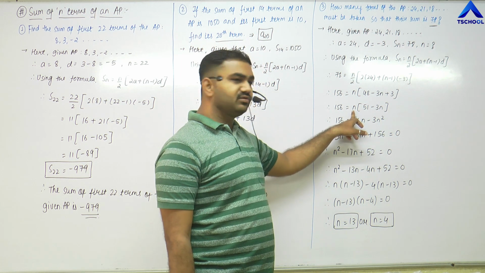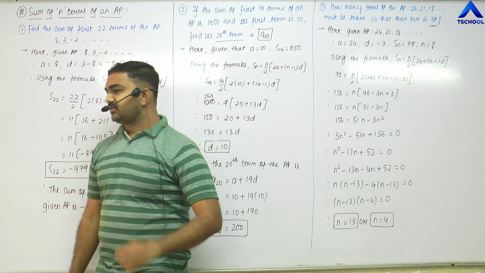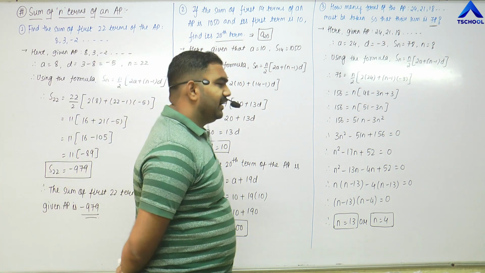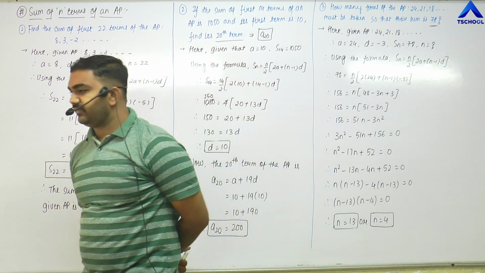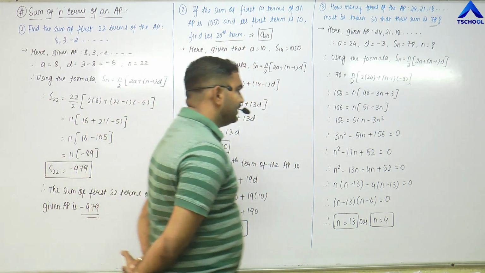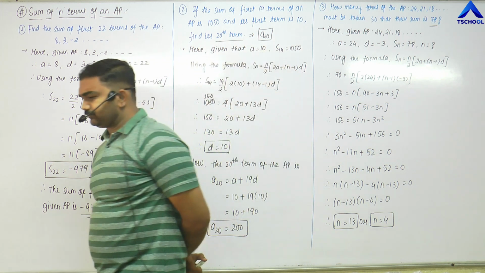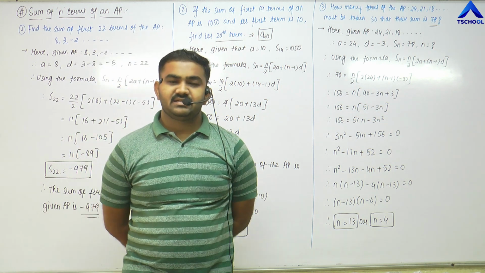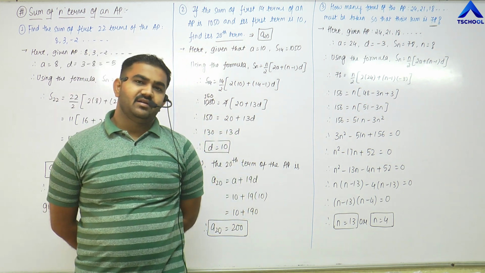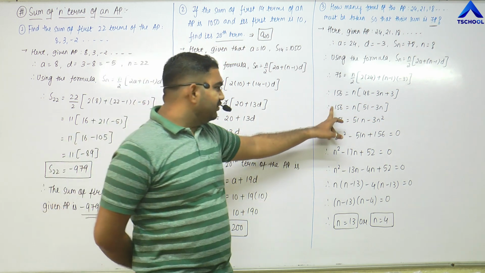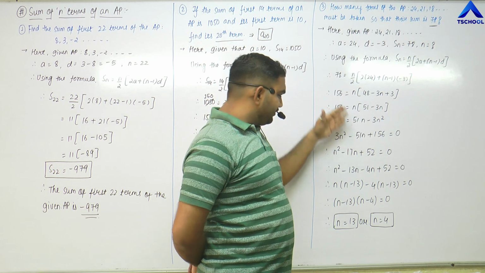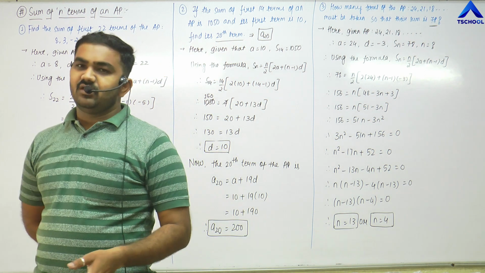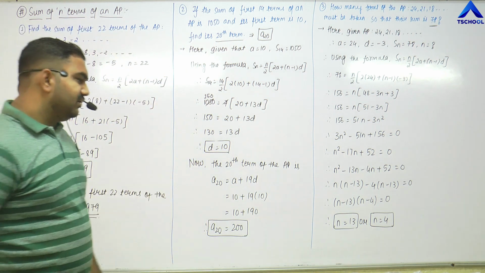Here if I put n equals to 13, that is 51 minus 3 into 13, that is 39. 51 minus 39 is 12, and 12 into 13 is again 156. If I put 4 there, then 51 minus 12, that is 39, and 39 into 4 is again 156. So in both the cases we get the same answer. You can substitute it anywhere in this equation, because we got these values from solving these equations, right? So both the values that we got here are correct.